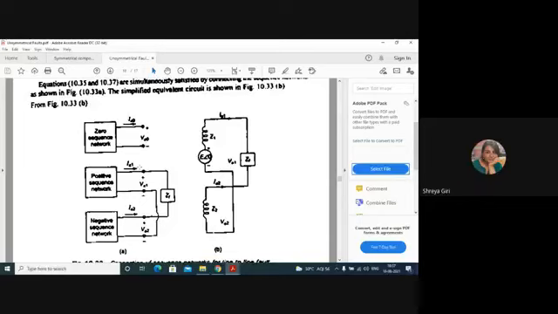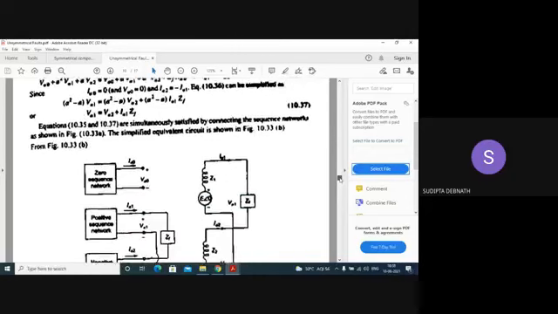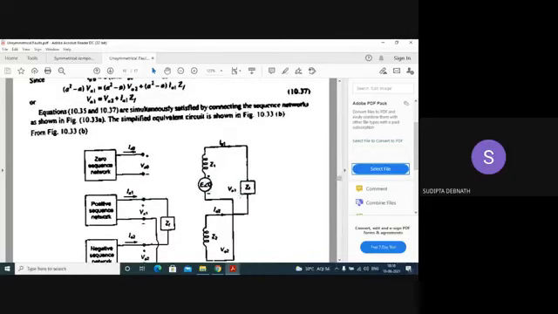Yes, ma'am. If we consider it positive, it is a series connection, one positive, one negative. But here it is just the opposite, because IA1 is not equal to IA2, IA1 equal to minus IA2. So these are connected in this way, and the first two equations are satisfied. VA1 equal to VA2 plus IA1 into ZF. So this voltage is this voltage plus this voltage drop, so this equation is also satisfied.